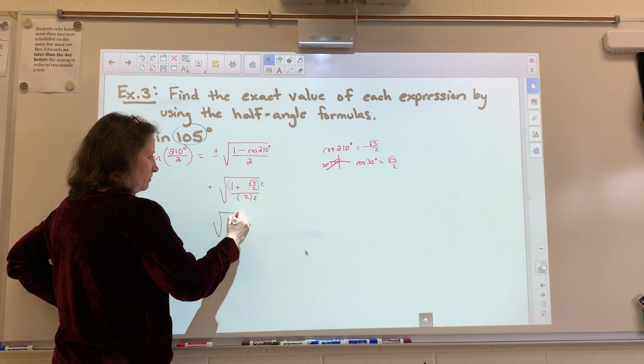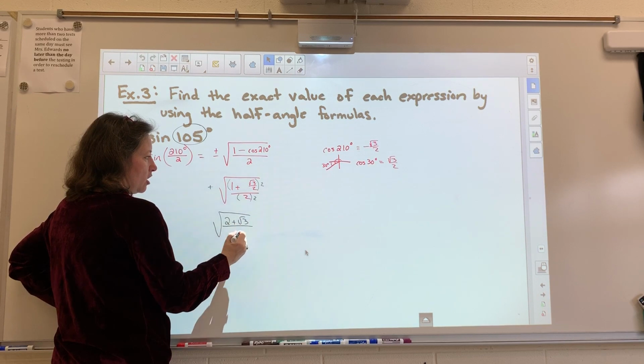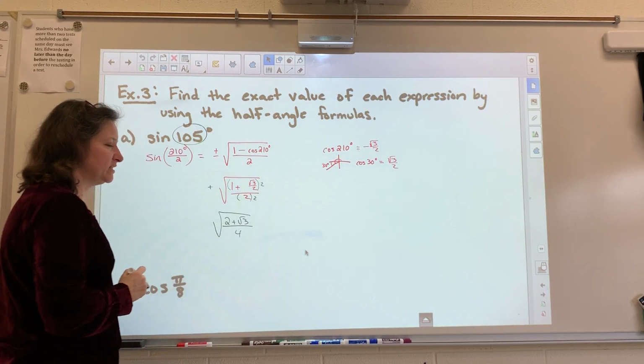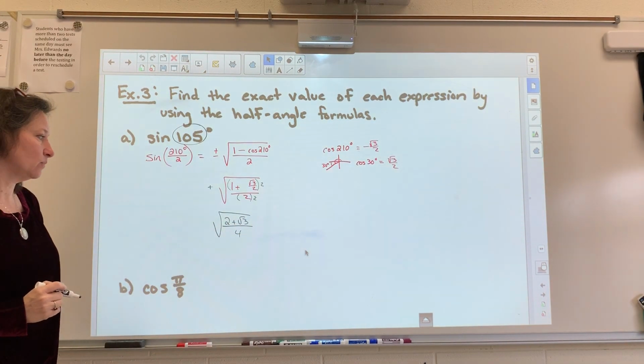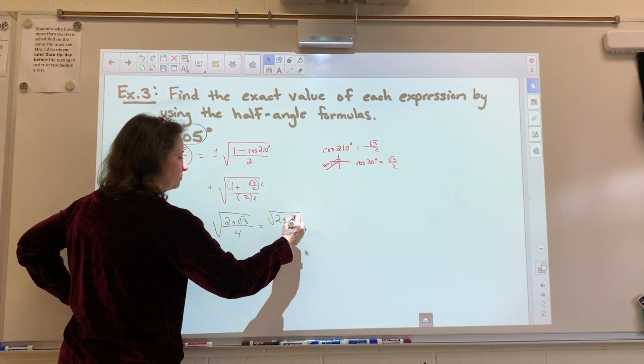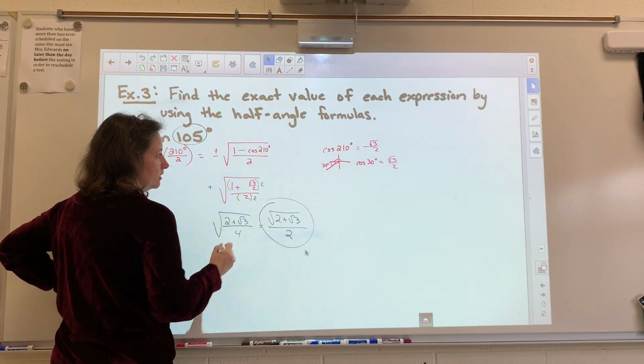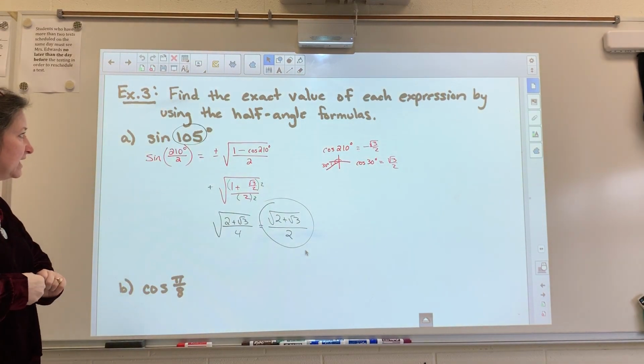So we get the square root of 2 plus root 3 over 4. Should we simplify it if we can? We can simplify the denominator. So we get root 2 plus root 3 over, what's the square root of 4? 2. Good. So if we walk through this again,